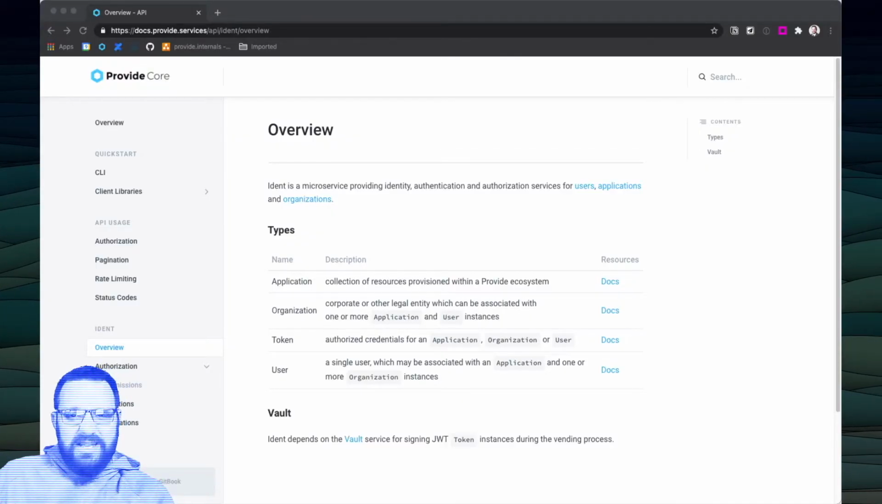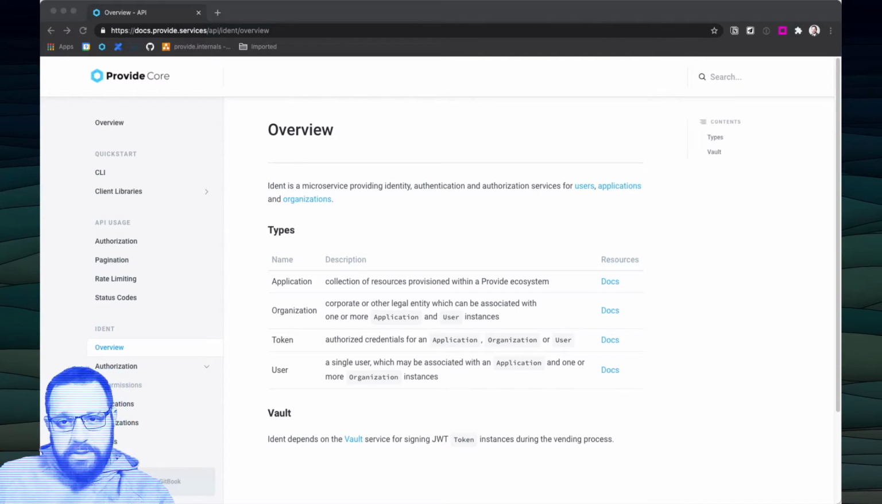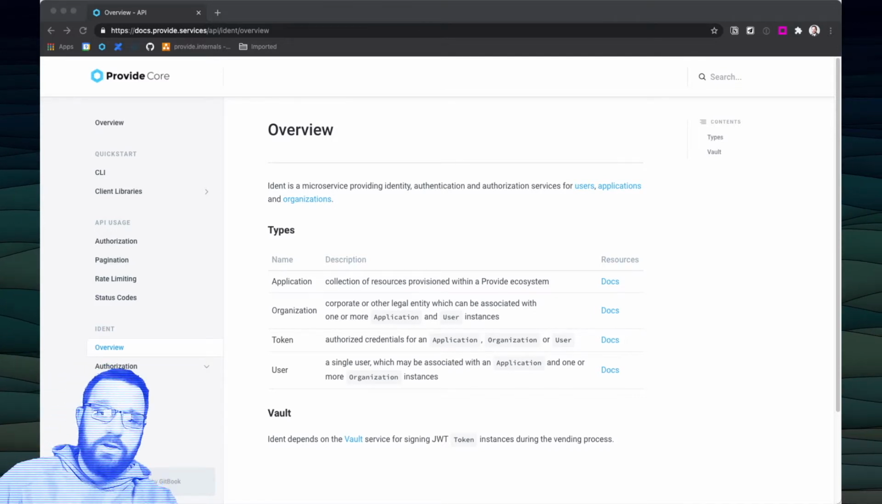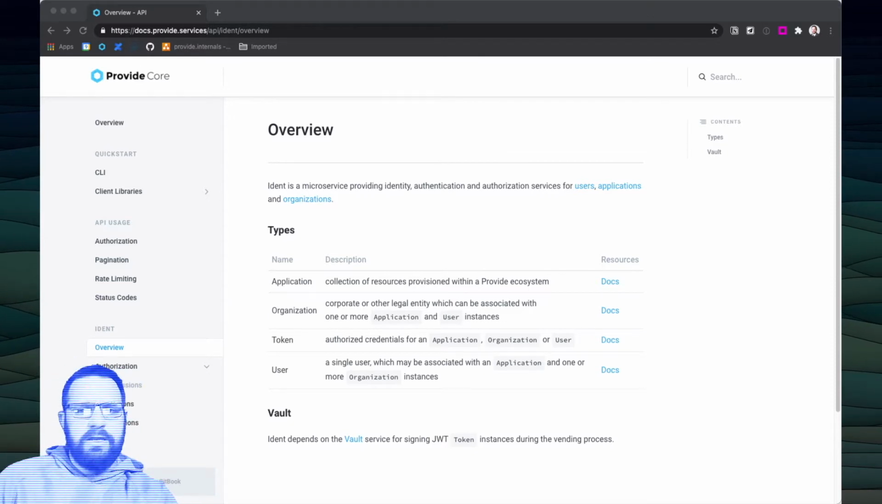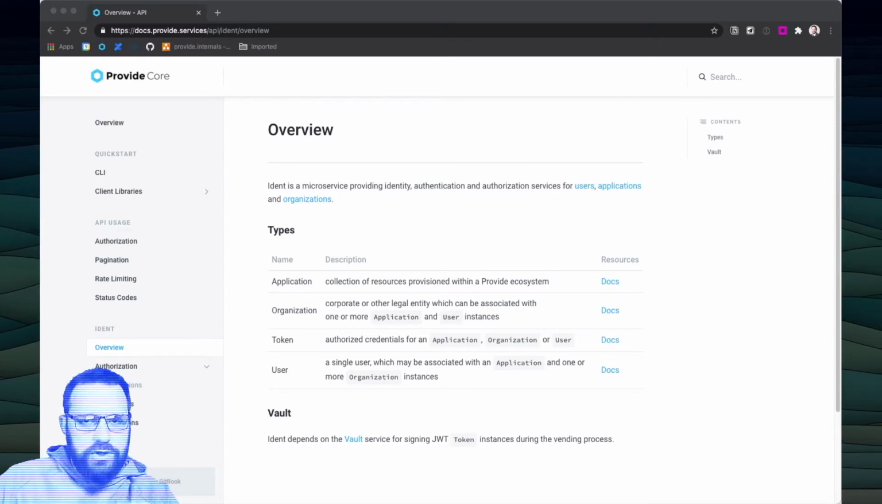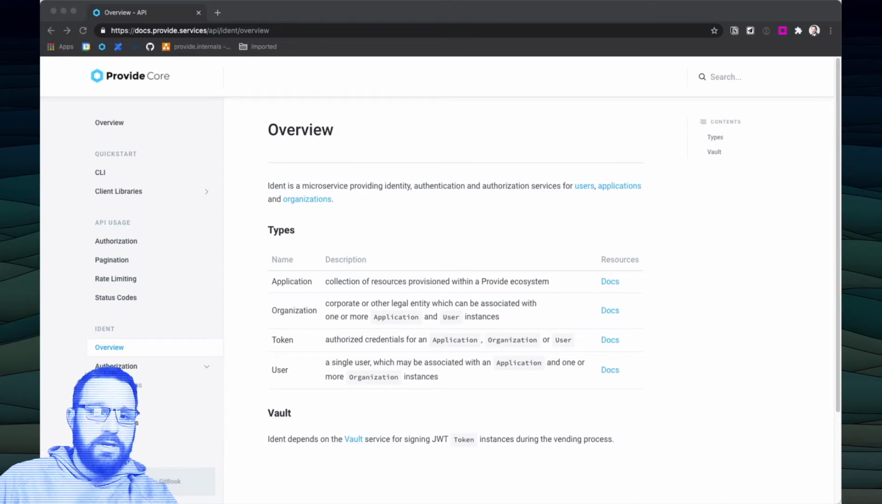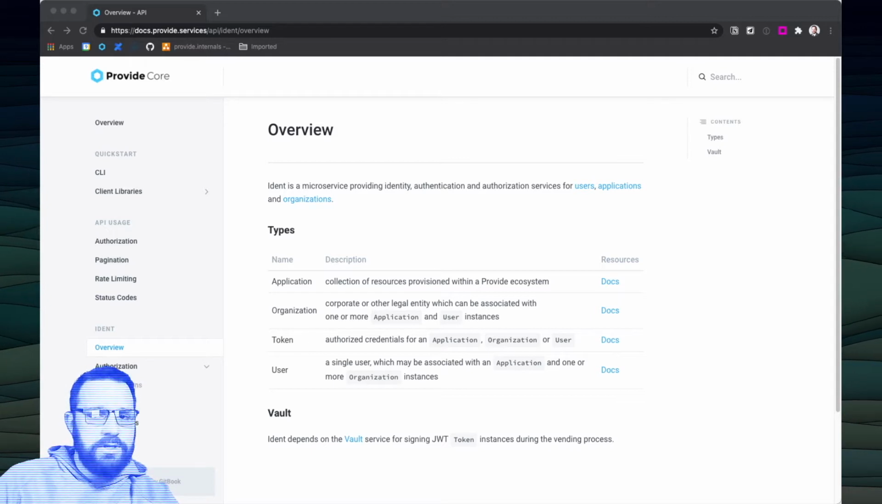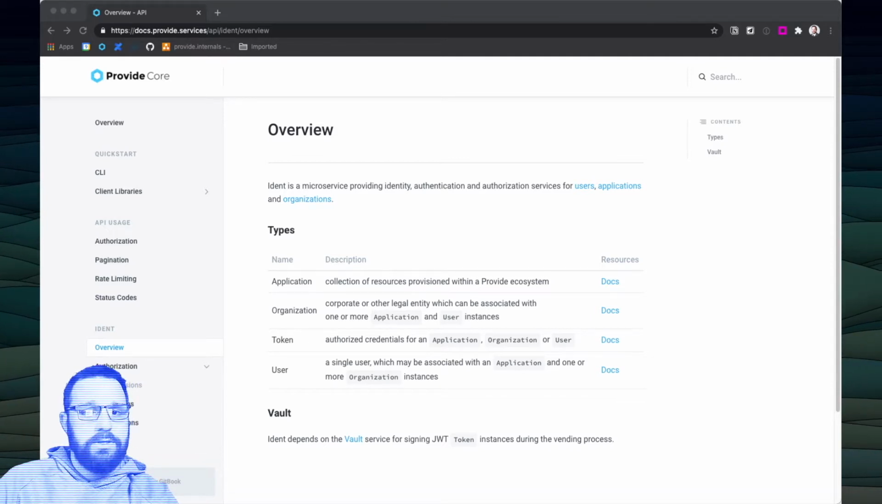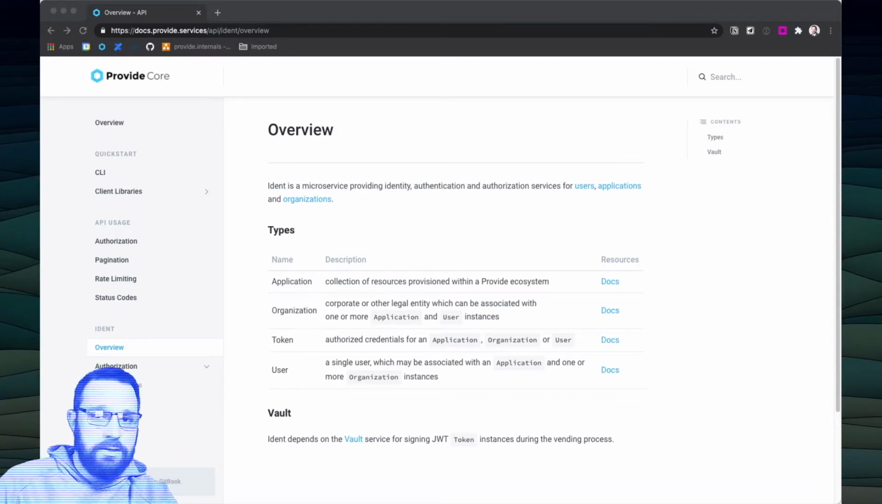Today I want to talk a little bit about Provide Core and one of the cooler services within Provide Core, in my humble opinion, Ident. Ident's really neat. It's a microservice that provides secure and scalable identity authentication and authorization services for users, applications, and organizations. Now it does all this through JWT tokens that are encoded with different subsets of data and signed by